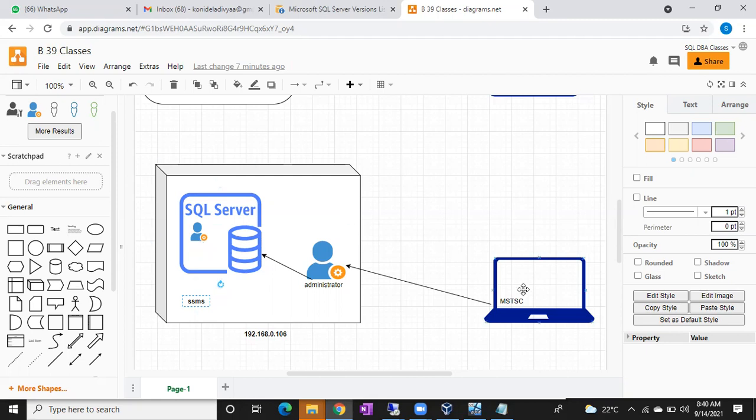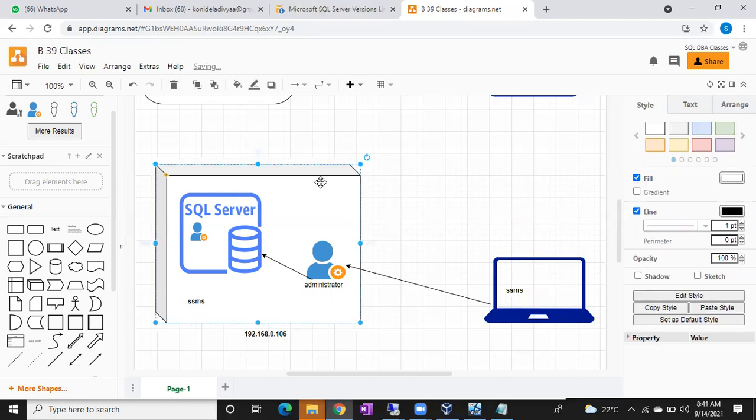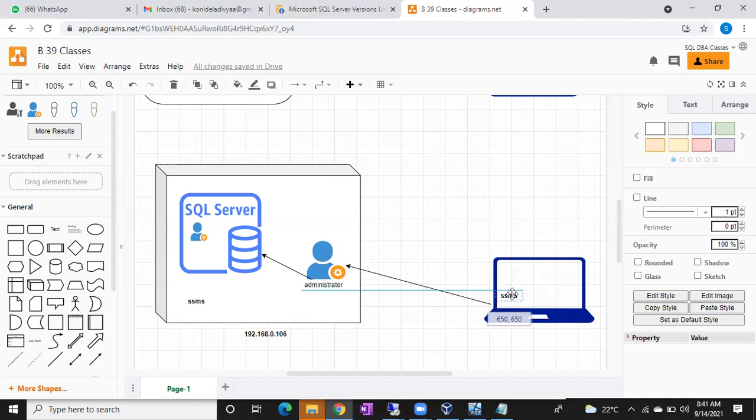For users and developers, we usually don't allow them to connect to the server directly. Only DBAs can connect to the Windows server directly, and the Windows team also can connect to the Windows server directly. For other developers and users, only SSMS will be installed on their laptop.